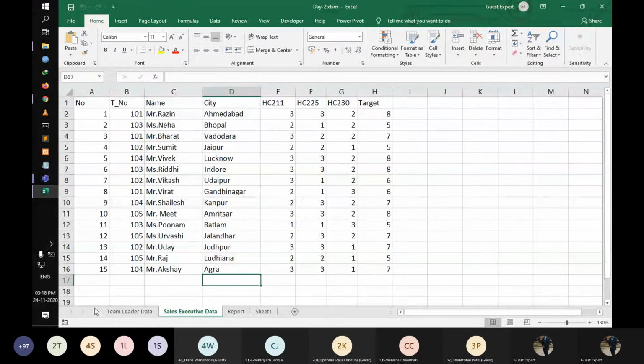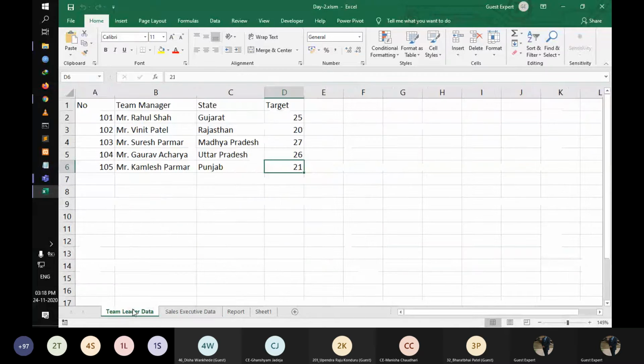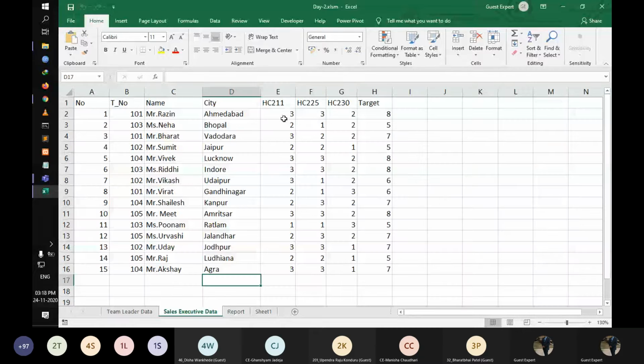Then Neha is for 103, which is right now Suresh Parmar. And HC 211, 255, and 230 are the medicines we are selling in different states. So the sales executives' target is to sell those products in different states, and how much product they have to sell in a particular state and city. So I mentioned their city as well as their target over here. Okay.